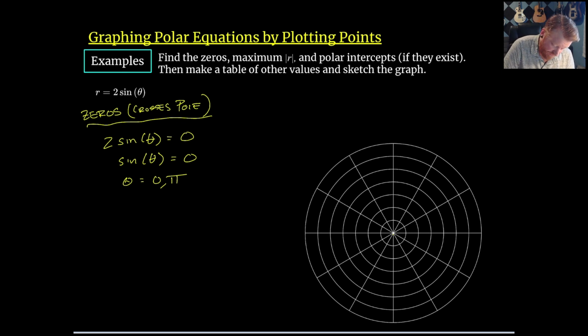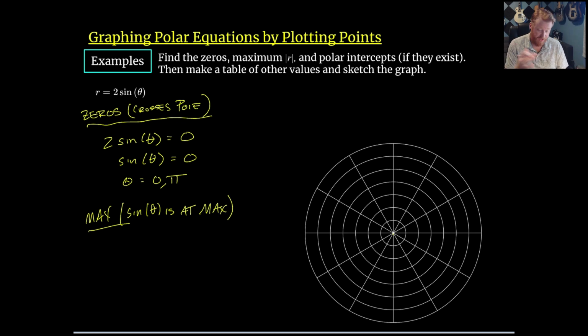Let's look for our maximum value. And this just gives us a max distance from the pole, just another nice point to have. And this happens when the sine of theta is at its max value. Since the part of the function that is changing is the sine of theta, we want to know when sine of theta is at its max. Well, that's going to be when sine of theta